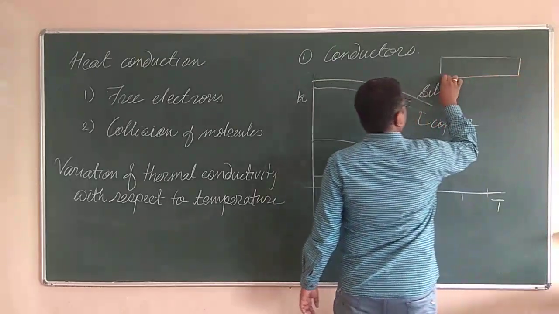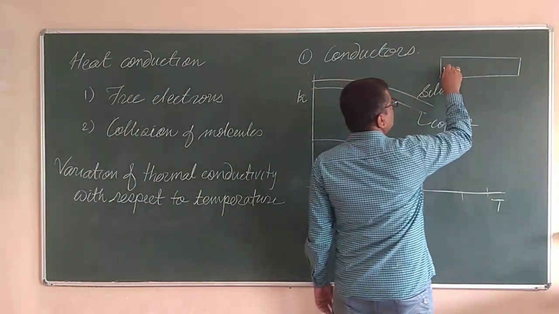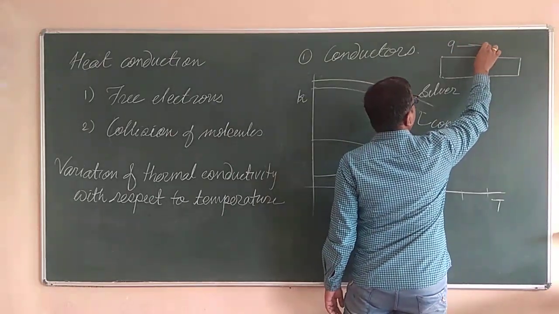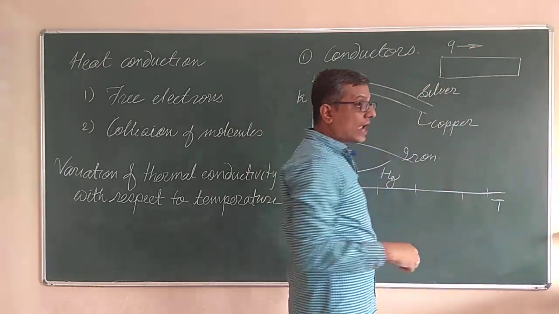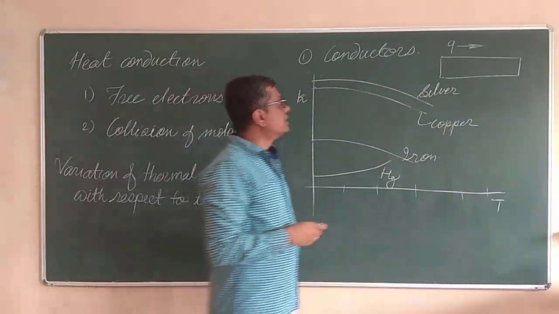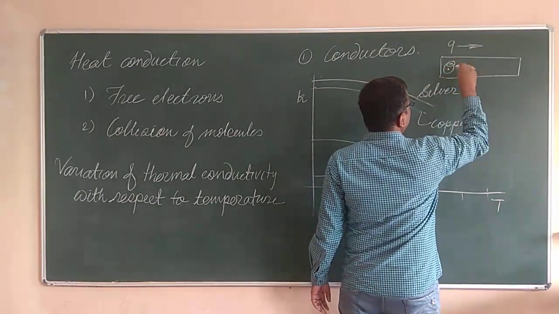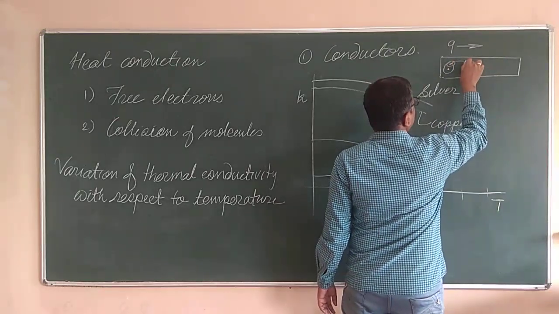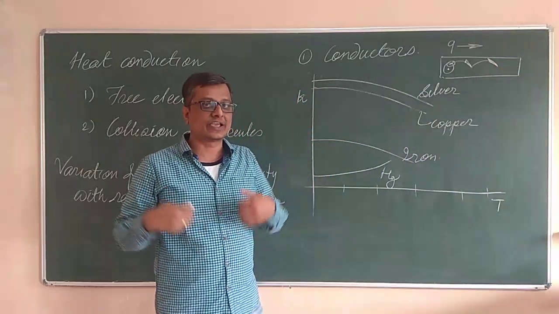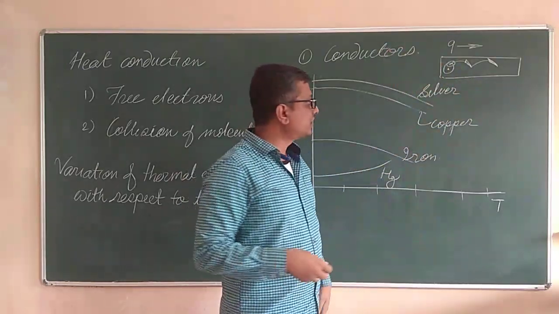Say this is a metallic rod, any metallic rod, silver rod, copper rod, or anything. In that rod, we know that the transfer of heat from this end, so Q, capital Q, is flowing in this direction. In what way does the heat transfer take place in case of conductors? It is due to the transfer of free electrons which are revolving in the outermost orbit of any atom. That electron will keep on jumping, and while jumping, it will carry the energy possessed by it and transfer it to the electrons of the other atoms, right?